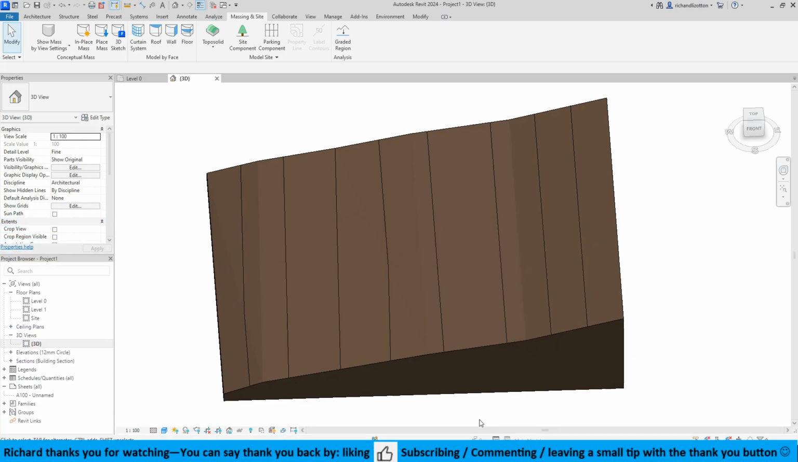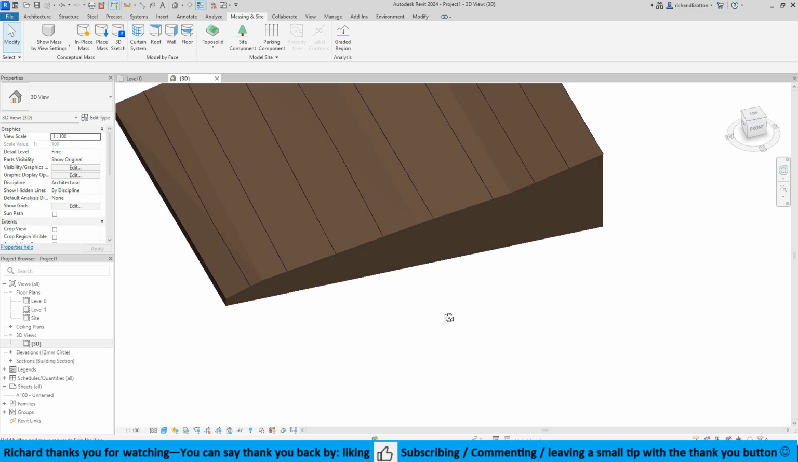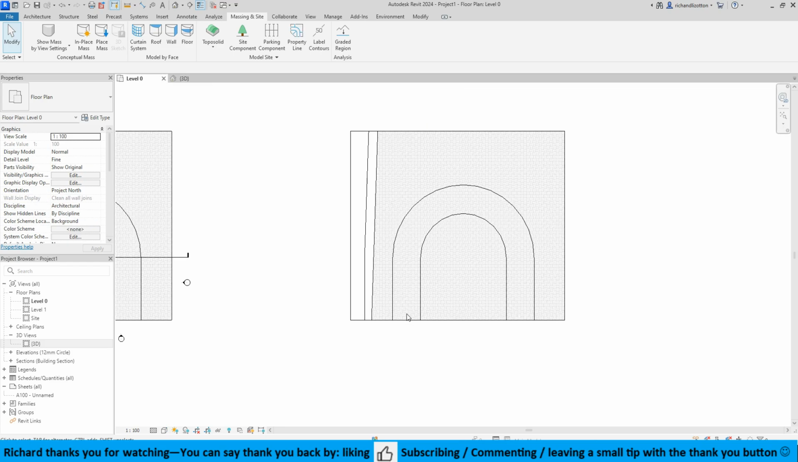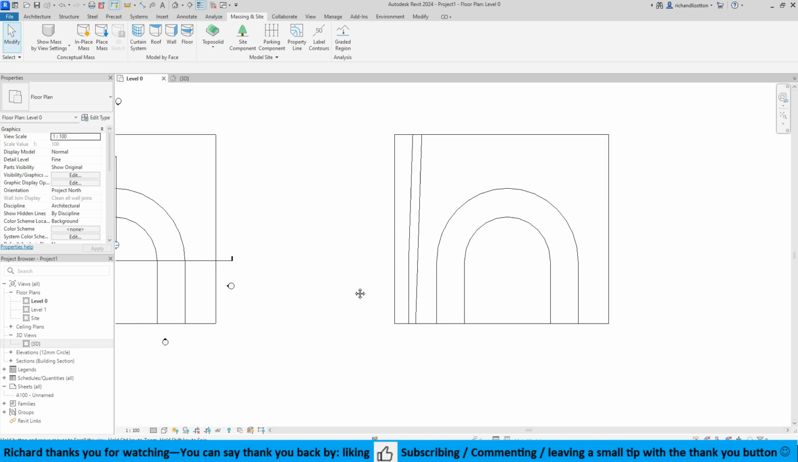Welcome to another video. In this one we're going to have a look at creating a road on a hillside. Now as we see here we have our hillside. So what I've then done is sketched out using model lines the path of the road. Once I've done that,